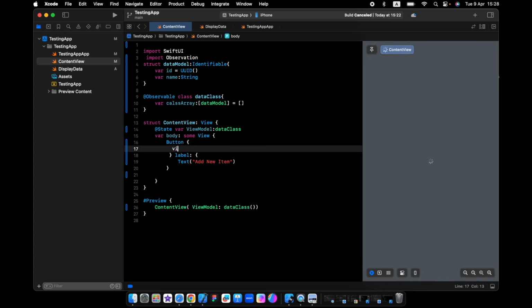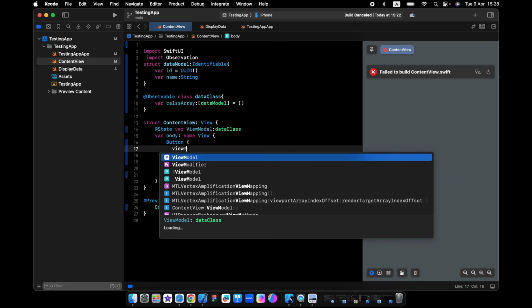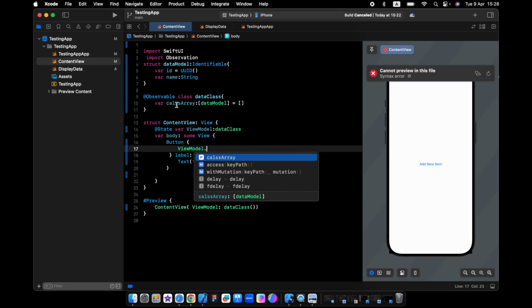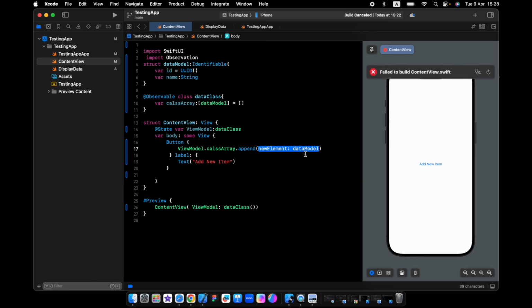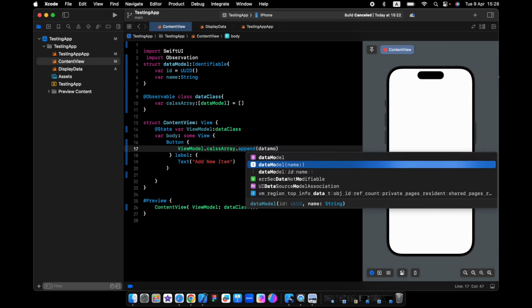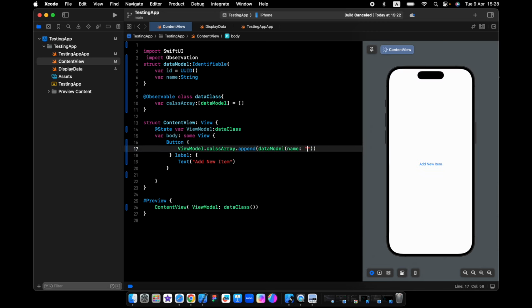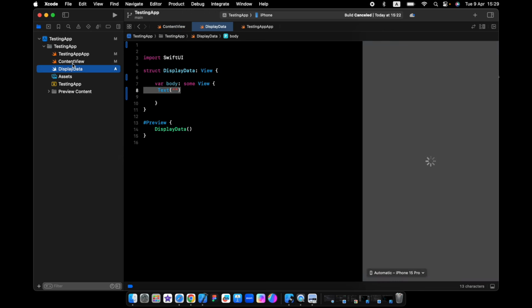We can say view model dot class array dot append a new item, which will be data model item, and you pass in the name, a new item. So every time you press this button, we'll add a new item. So now if we go to the display data,